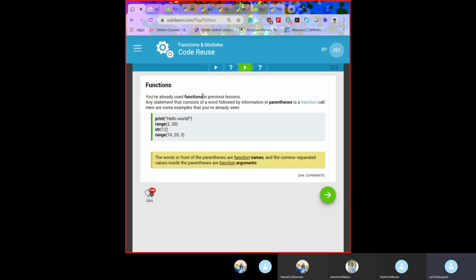As we already discussed the print, string and range functions above, the print function prints hello world. Range goes from the starting value to 20, which does not include 20. str is an inbuilt function that names it as a string, but it will be written as a true or false question. And the fourth one is range, where the difference will be 3, as we discussed earlier in the previous slides.